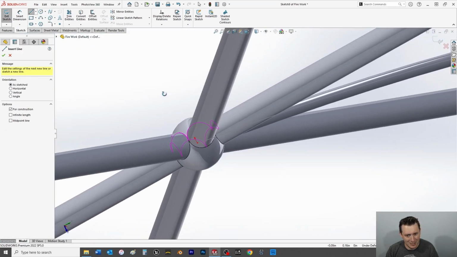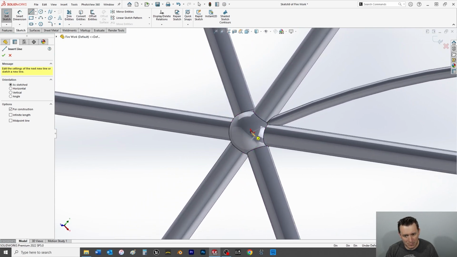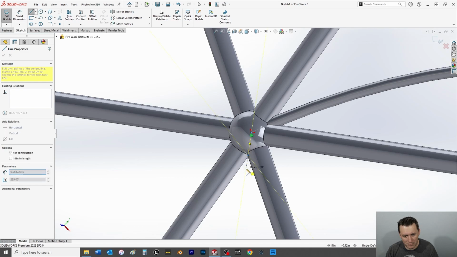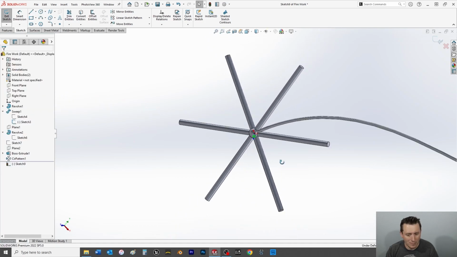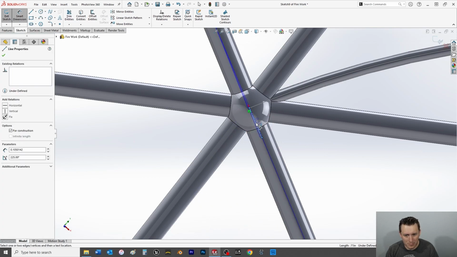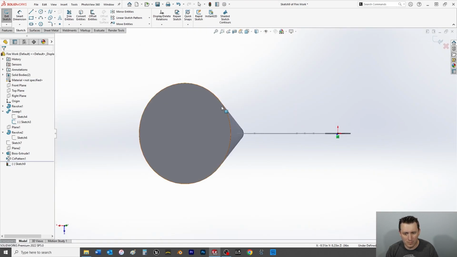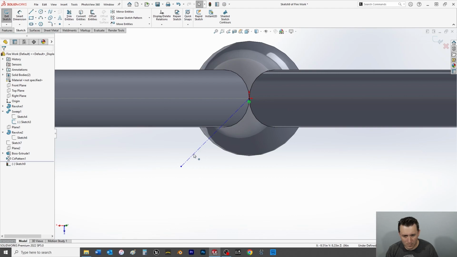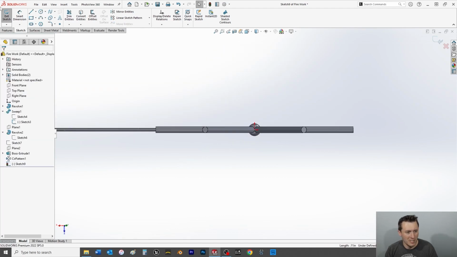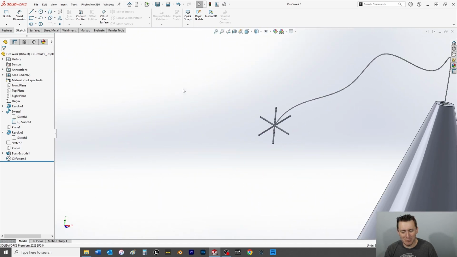Center line. Alrighty then, we're met with some tricks here. So that sparkle,